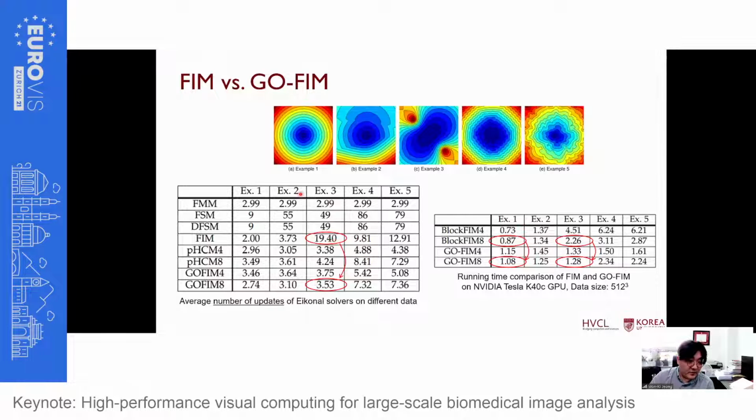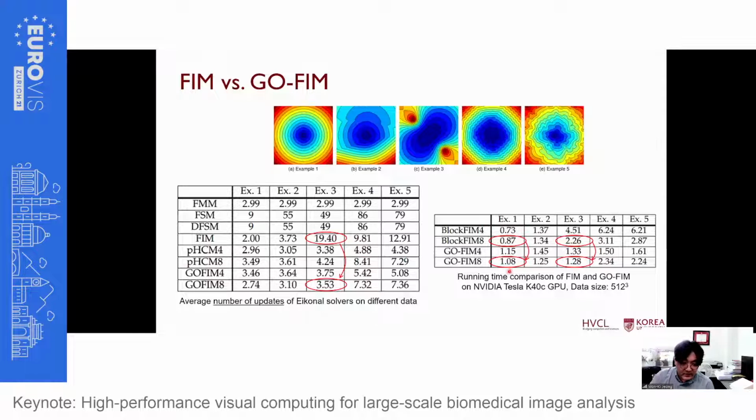But if we use the group order algorithm, then we can reduce this down to only 3.5. This is actually much smaller than this one, and we also see that the performance increased quite a bit, because this is reducing the number of updates. So very impressive. Total time is not like this because total time includes everything. In order to do this, we have to do coarse level distance computation as well, so those can be some overhead. If we include everything, we can still have the benefit here, right? So we can have about twice faster.